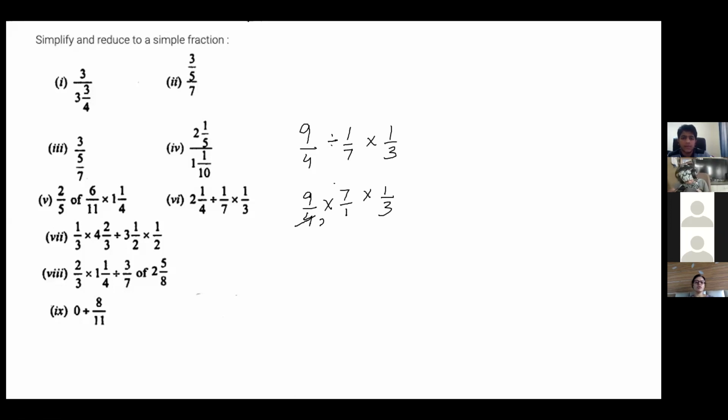2 upon 9. Okay, seventh one anyone has got? 2 by 9 is Abdullah Saqib's answer. And please don't do it on the screen. I'm not doing it, I'm doing the sixth question. 3 ones are 3 and 3 threes are 9. So your answer is 7 threes are 21 upon 4. Ma'am, sixth answer is 3 by 28. No, the sixth answer I have done it over here. 7 upon 1.